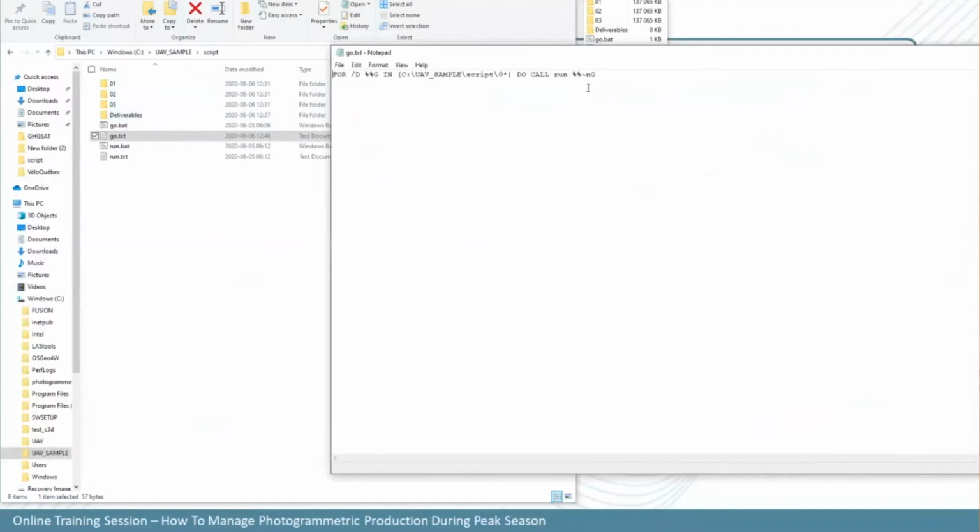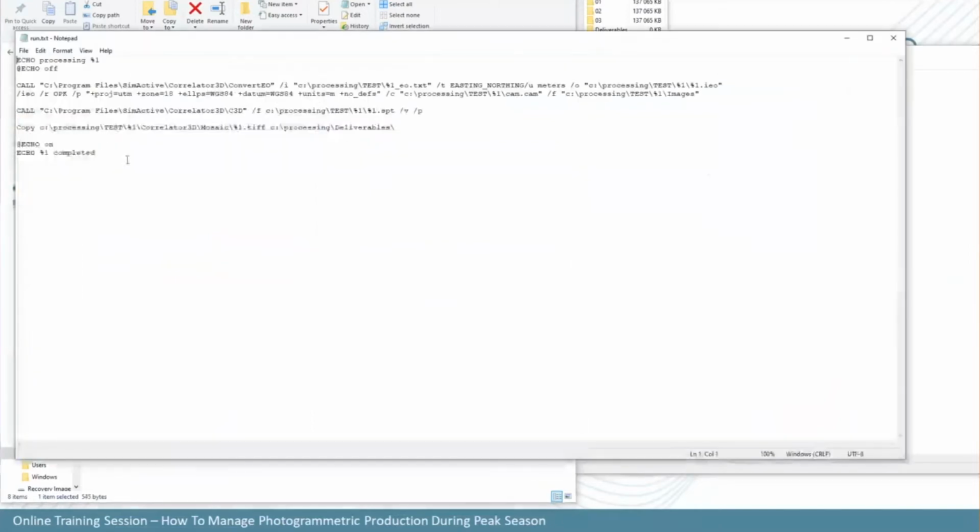I do call my script run .bat or .txt, which in this script includes, first of all, the convert EO. So I have here the convert EO that's going to take the EO file, create my IO file, then going to call my script, and then copy my deliverables onto the same